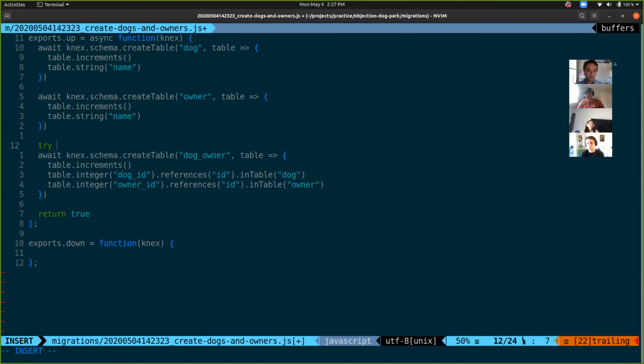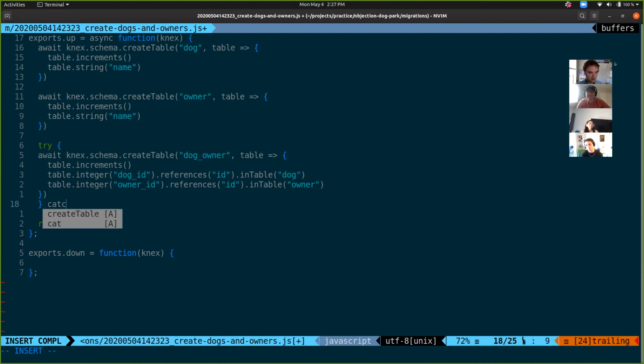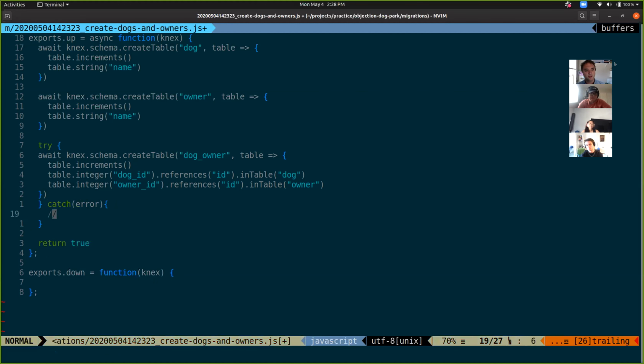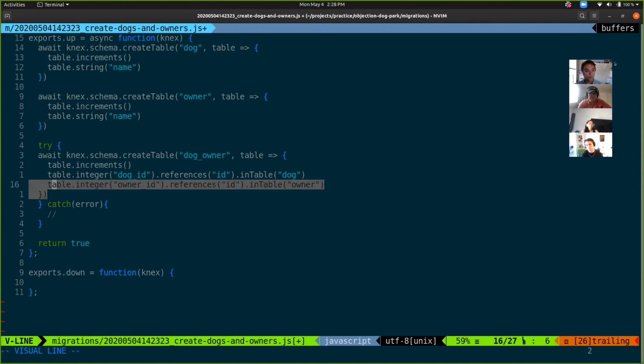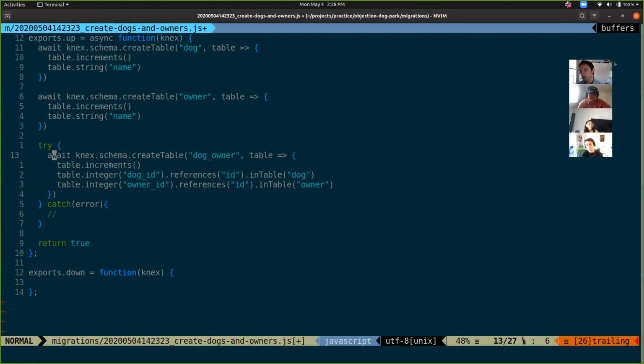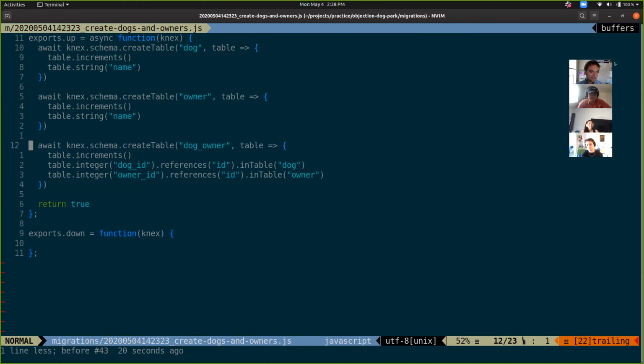You have to put it in a try-catch block like that, and then you have to do something with the error. That syntax is way grosser than a promise chain, but they do the exact same thing. So if this is your first time seeing async await, welcome. It's really that simple. Okay, so we make these three tables, we make the join relationship, and then